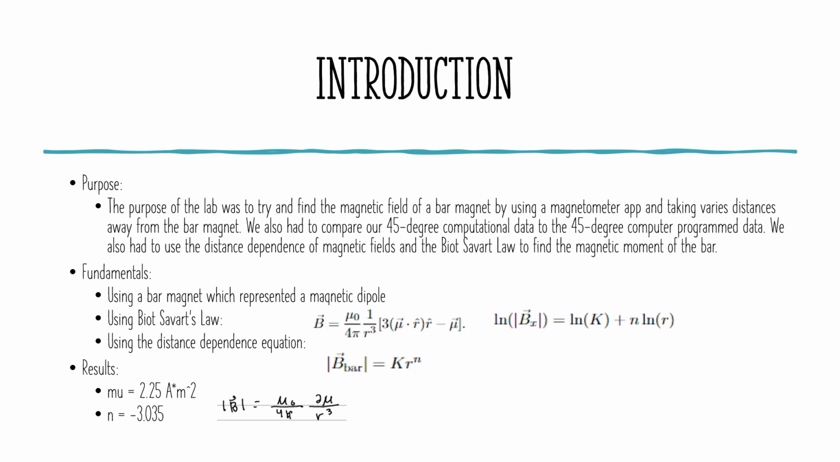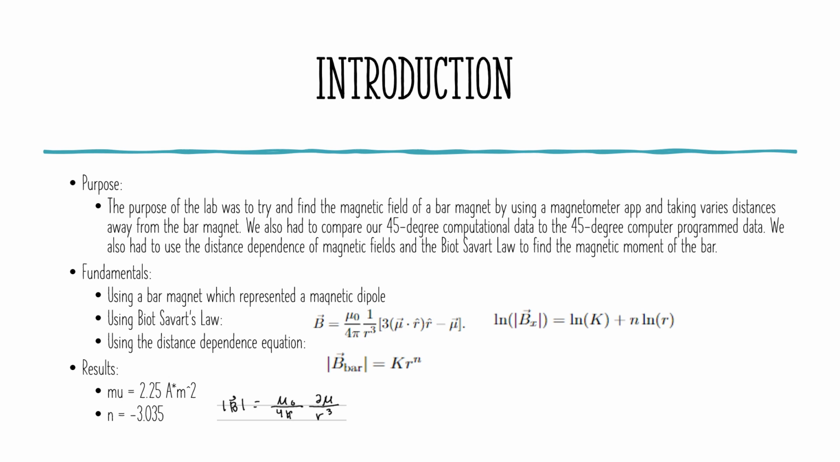Introduction. The purpose of this lab was to find the magnetic field of a bar magnet by using a magnetometer app and taking measurements at various distances away from the bar magnet. We also had to compare our 45-degree computational data to the 45-degree computer program data. We also had to use the distance dependence of magnetic fields and the Biot-Savart law to find the magnetic moment